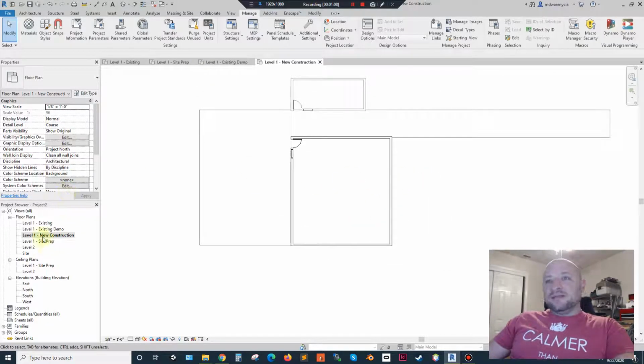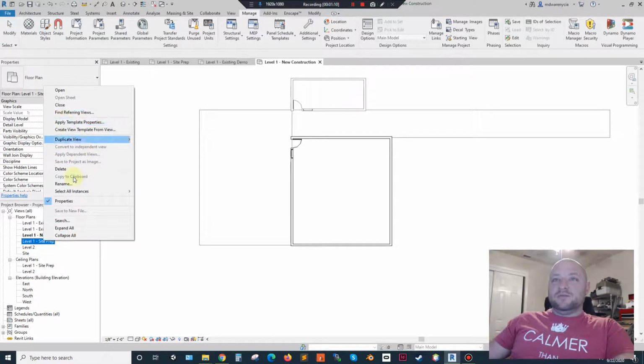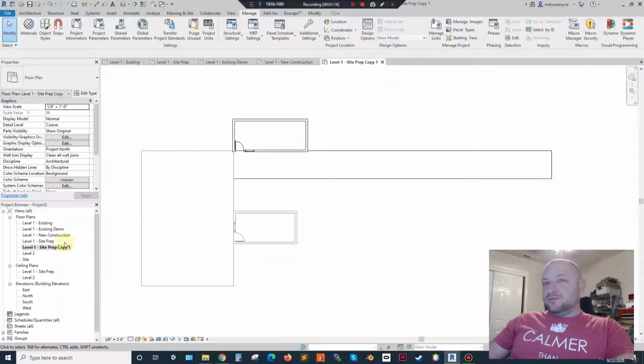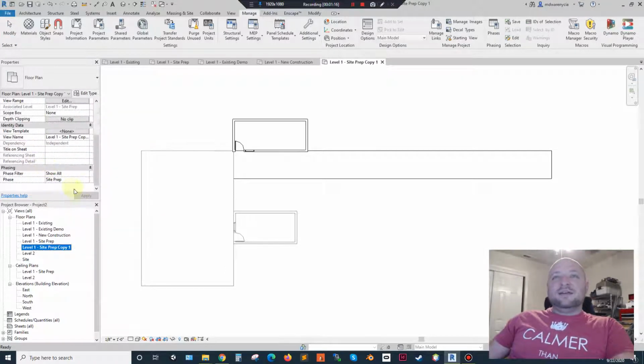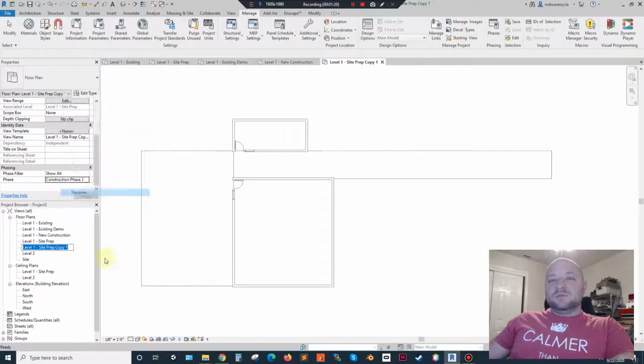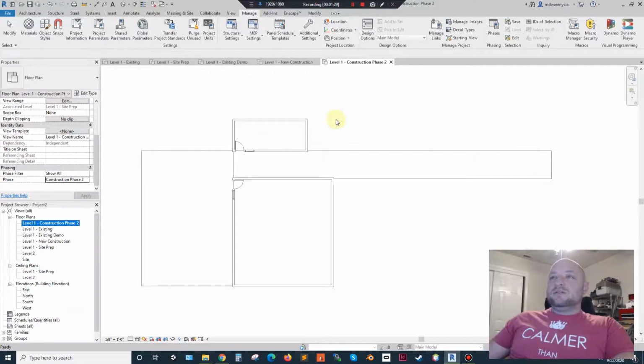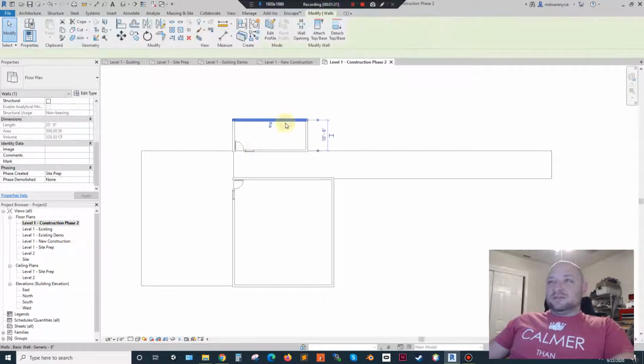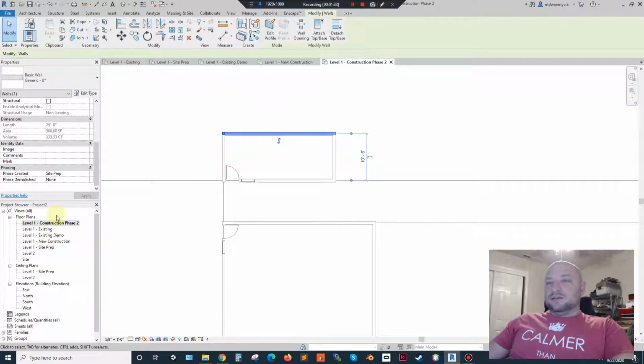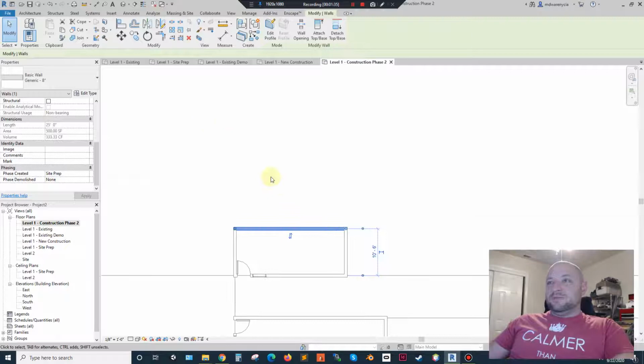now that we've got that there, again, we'll duplicate one of our floor plans, and we'll get into kind of that whole thing right there later. So we need to set this to construction phase 2, and we will rename this construction phase 2. So then let's say that whatever this phase is we're actually going in here and demoing this back wall,